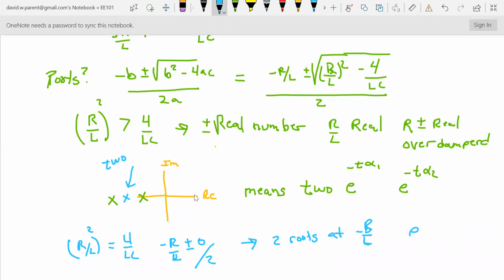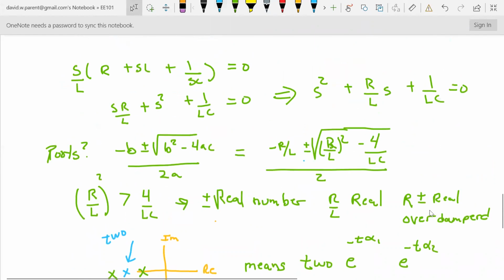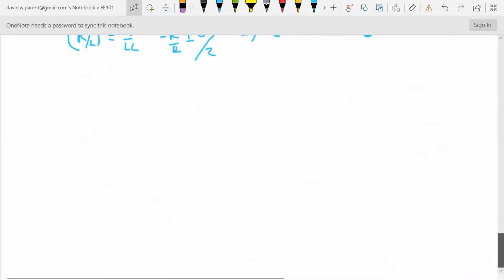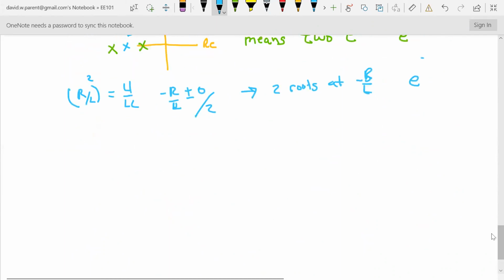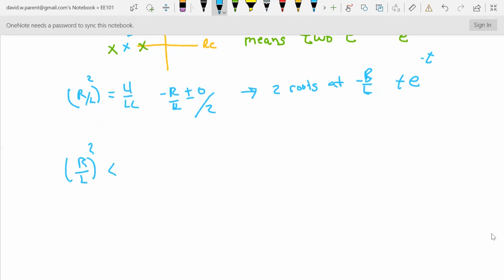Now that's going to have one. Everything's going to have exponential decay, right? But that's going to have this linear part in front of it. Okay. And again, I'm just giving you the broad brushstrokes. Now, R over L squared less than 4LC is going to be minus R over L plus or minus